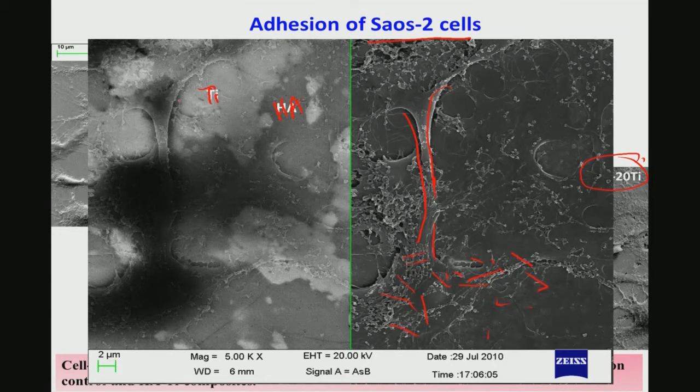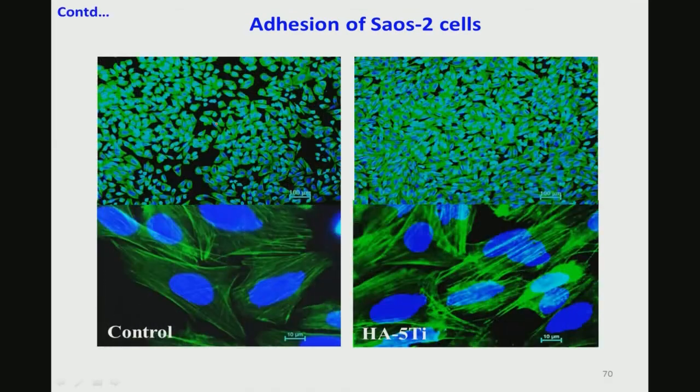As expected, cells are adhering more on the hydroxyapatite-rich region because hydroxyapatite, as you know, is the inorganic composition of the natural bone. Now, this is the fluorescence